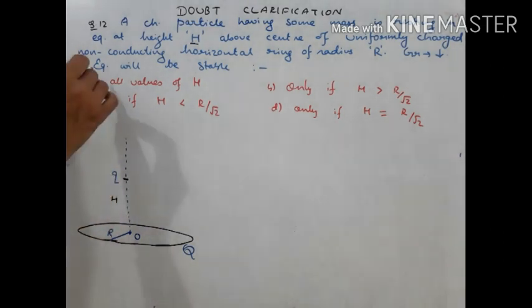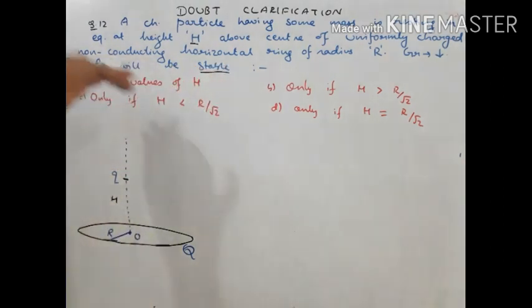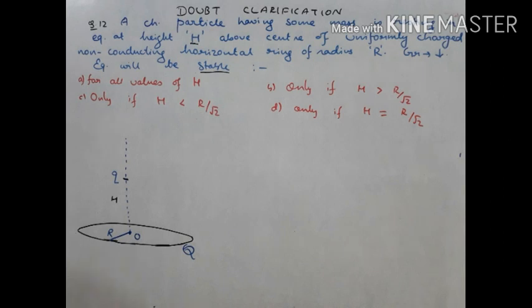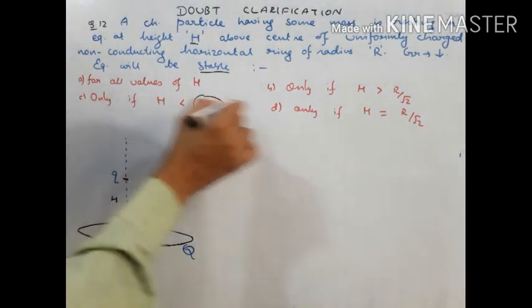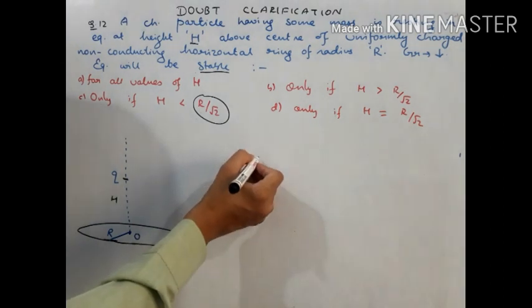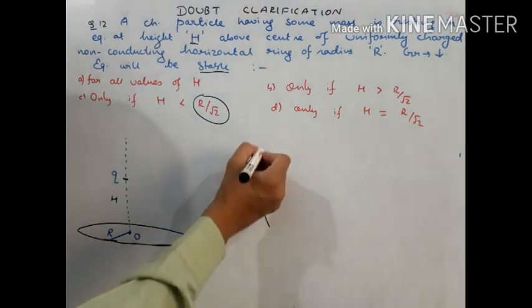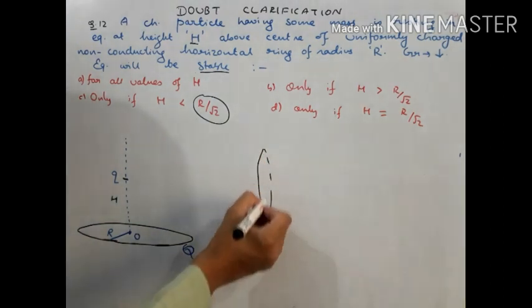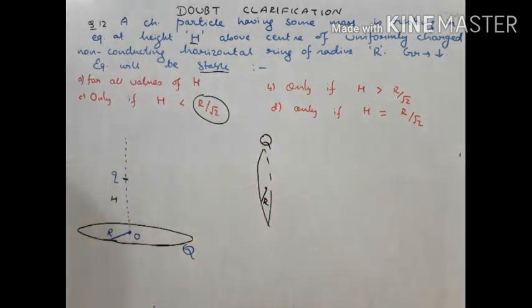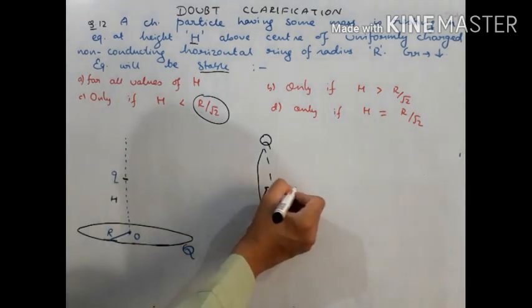The question is for which values of h this equilibrium will be stable, and there are 4 options given here. There is something special regarding this R by root 2. Before I discuss this particular question, let me remind you students, in the beginning of these enrichment classes, I discussed one question: if there is a ring of radius R having charge Q uniformly distributed on its circumference, then on its axis